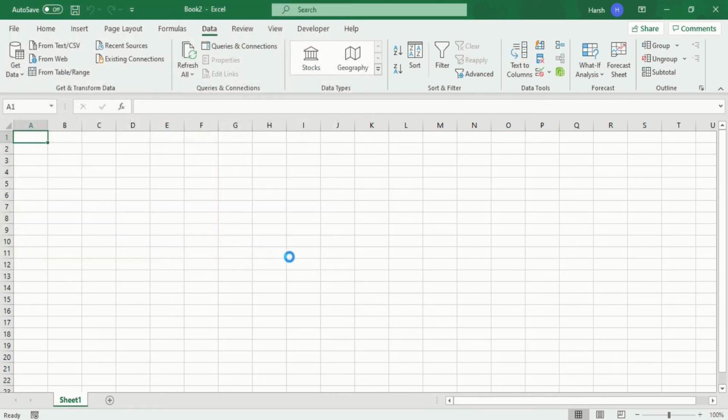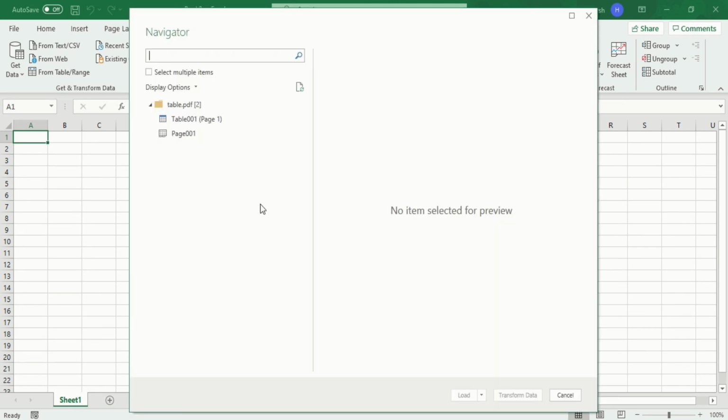When you click on Import, it will start connecting with your PDF, and in the background it is working with the PDF to convert that PDF file into our Excel file. It will take a few seconds to work through the process, and you will see a new box appear on your screen which looks like this. Now you will see a Navigator box opens up on your screen.